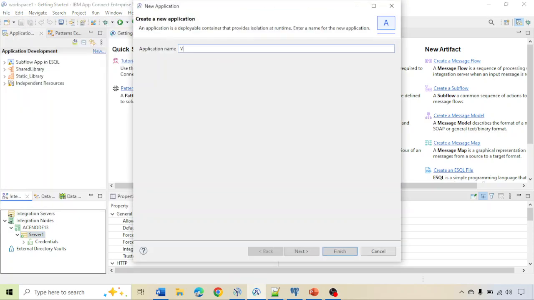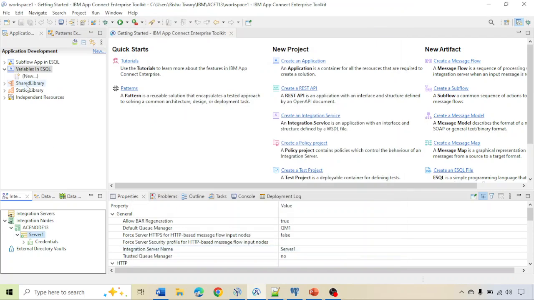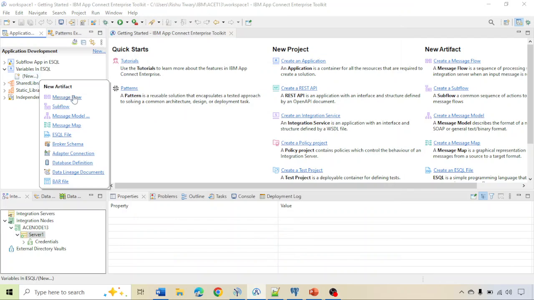Application name, let me give as variables in ESQL. Okay, I'm just giving the name. That's let me give like that. It will suit more properly. Variables in ESQL. Okay, and just click on next. I don't want to select any library. Just click on finish. Just create a message flow with name variables